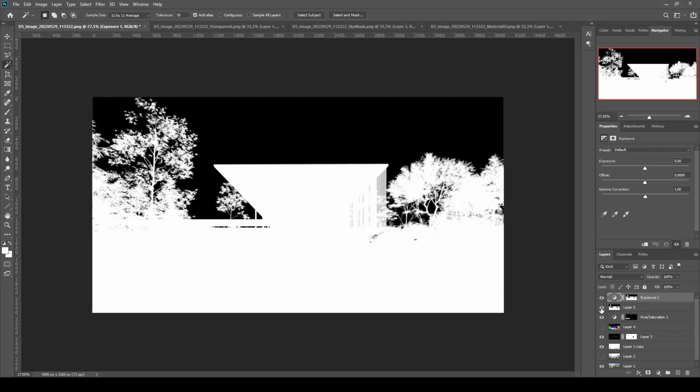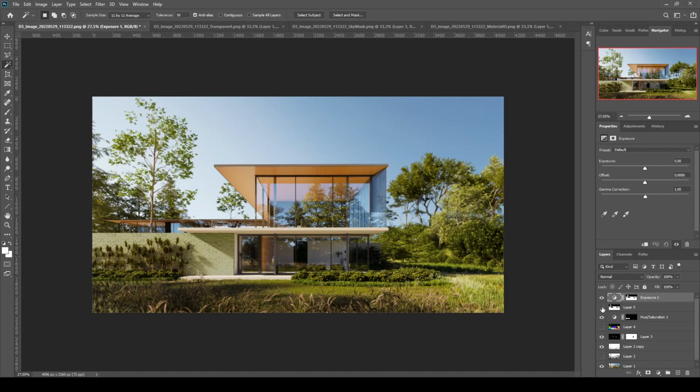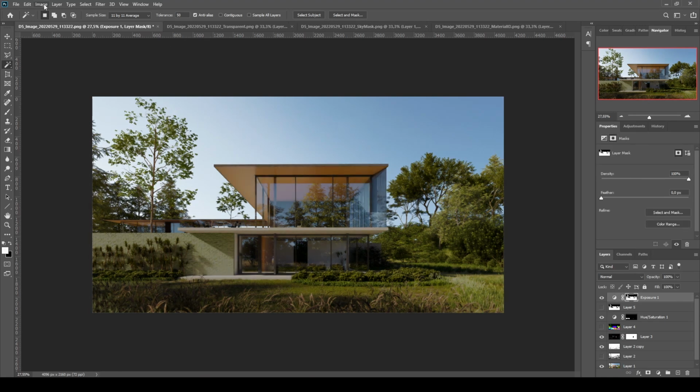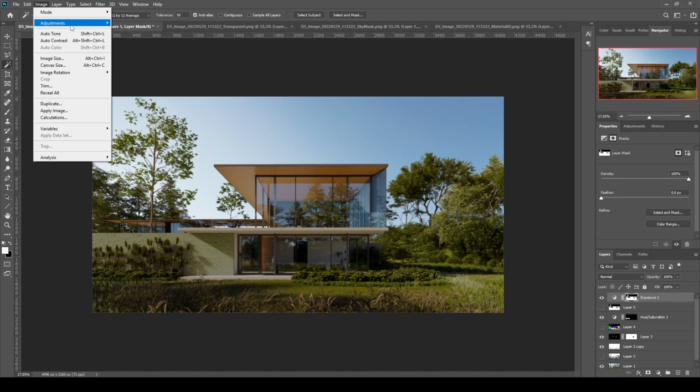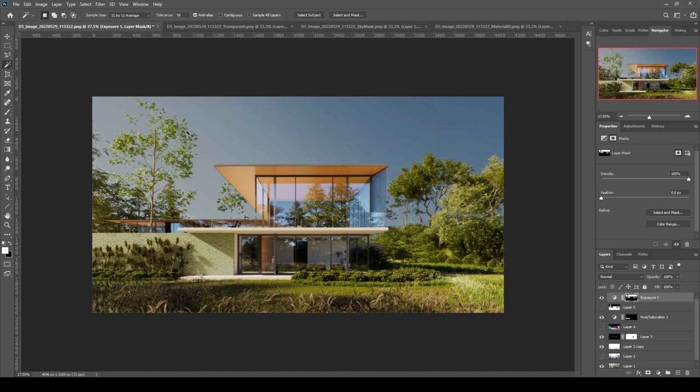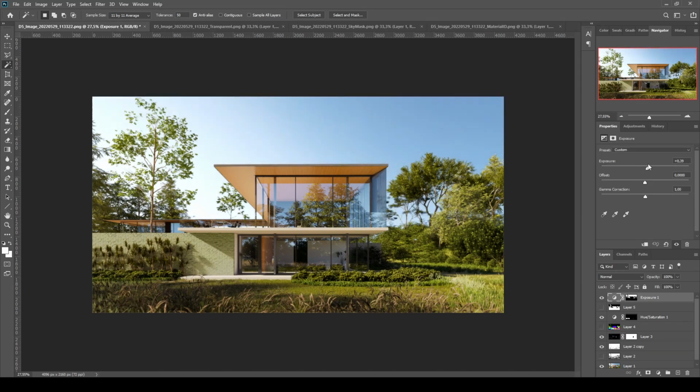By the way, we can turn off the real sky map and we can change the exposure now. But as before, we are going to invert the map from Image, Adjustment and Invert. As you can see, now we have a brighter scene.